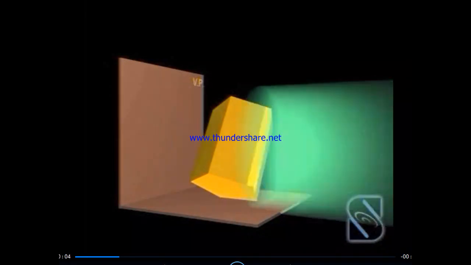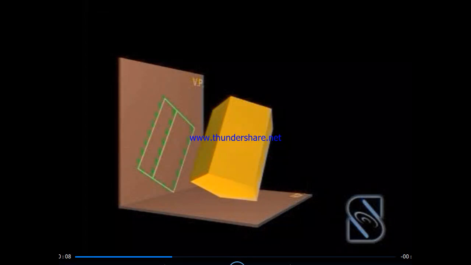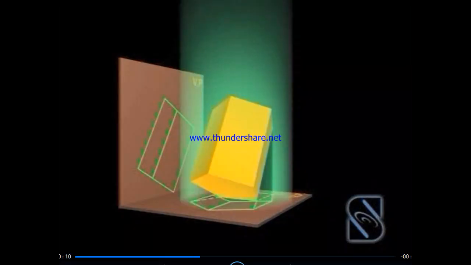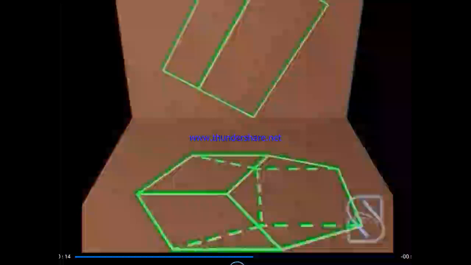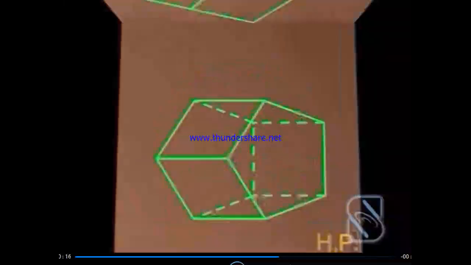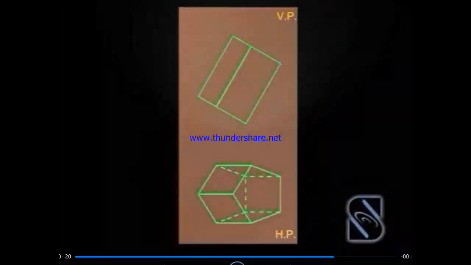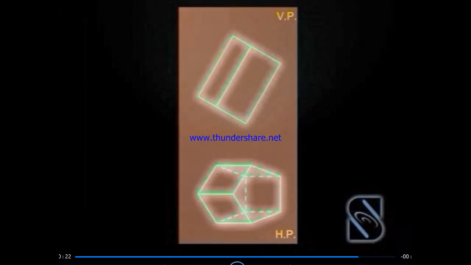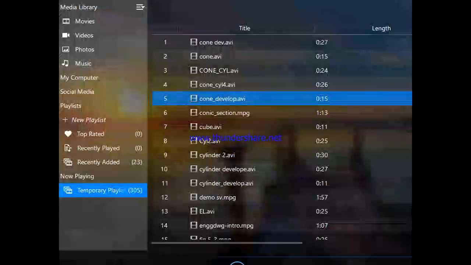Look at the solid from the front to obtain the front view as shown in the figure. Look at the solid from the top to obtain the top view as shown in the figure. Rotate the horizontal plane 90 degrees clockwise to get the projection. Now the required projections are obtained. Once again,